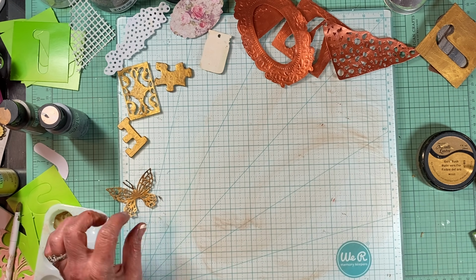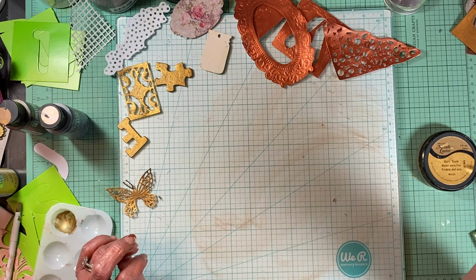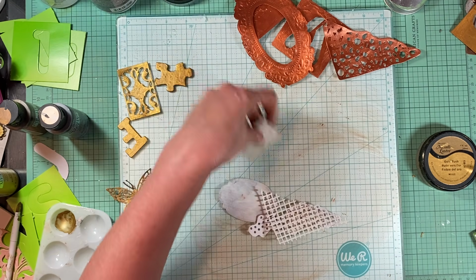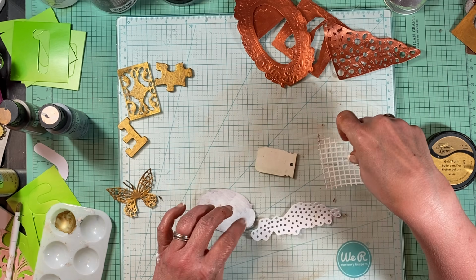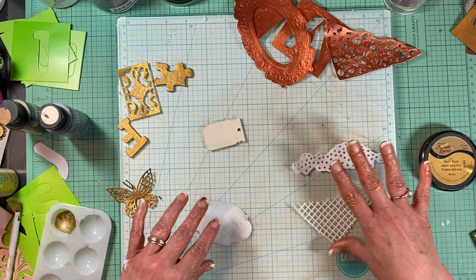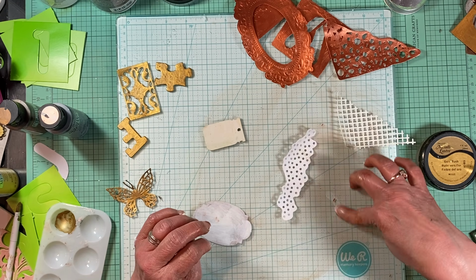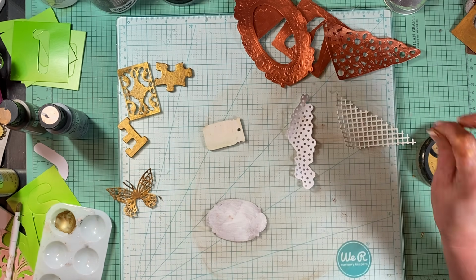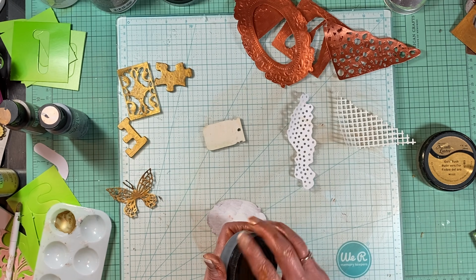Okay, let's see. Let's do some silver. So I think we'll do this and this and this and this and the silvers. And I'm going to do different colors. I'm going to do that with the lighter, that with the darker, that with the lighter. Okay. So what I did with those,